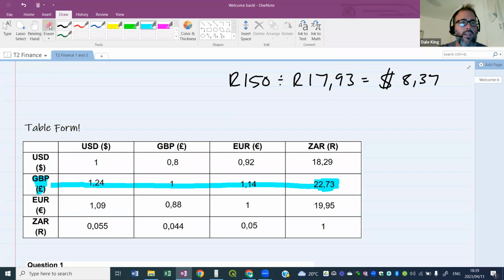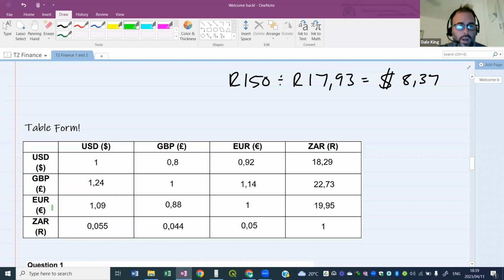Let's say, for example, you want to know how many British pounds you can get for 1 euro. So for 1 euro on the left, how many British pounds? I go across. Here are the British pounds. So that's how many British pounds I can get for 1 euro. You start from the left and you move across and find the one you want to convert to. I hope you guys understand the table. Just remember, if you have any questions, you must raise your hand so that you can ask us and we'll go through it again.